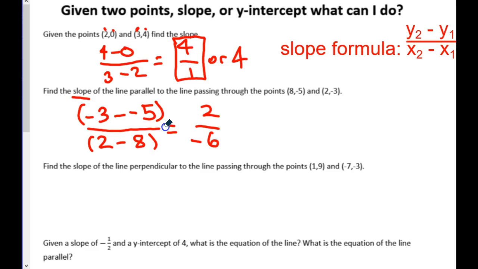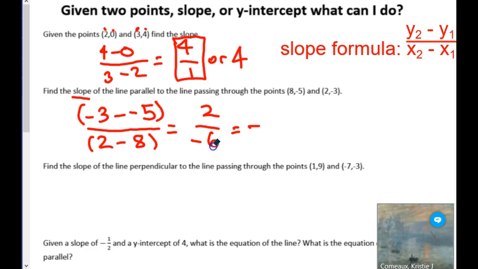Again, you can do this in your calculator if it's not your strongest point mentally. 2 divided by -6 reduces to what? So that negative stays out here. 2 over 6 reduces to what? 1 over 3. Now, -1 over 3,